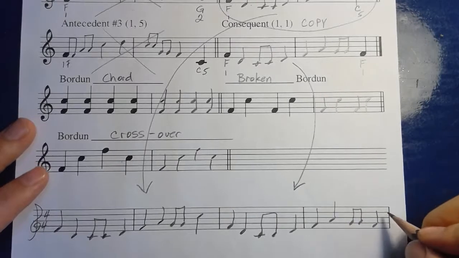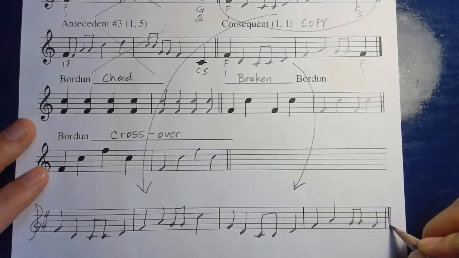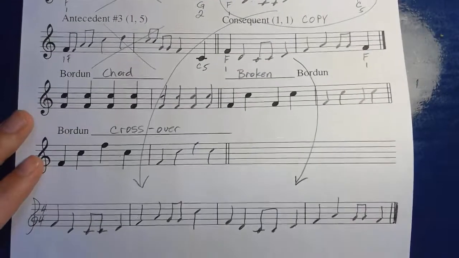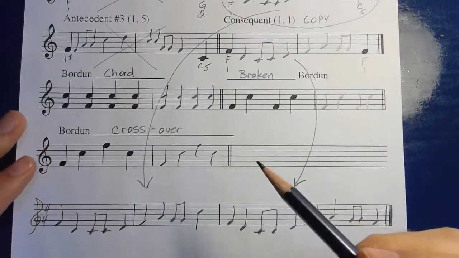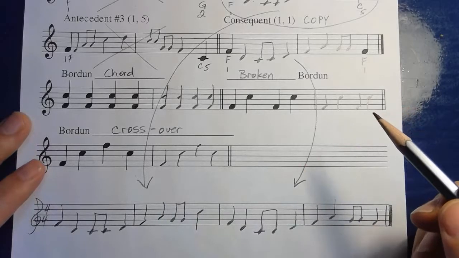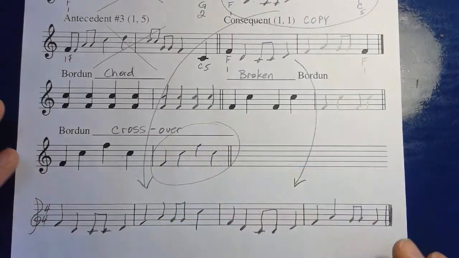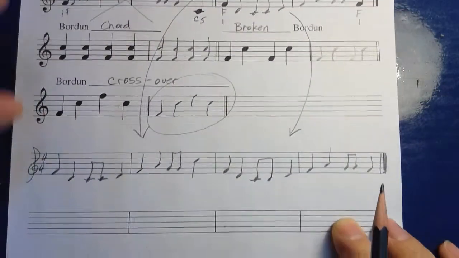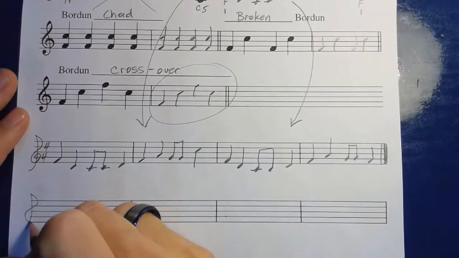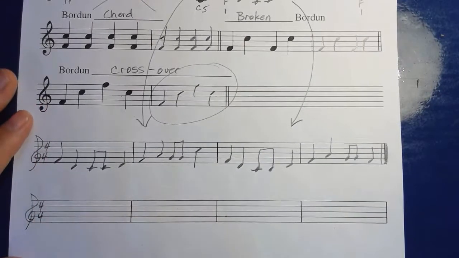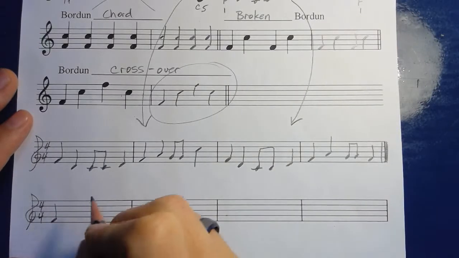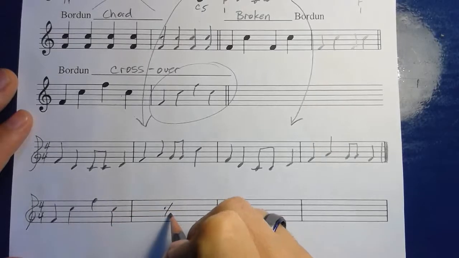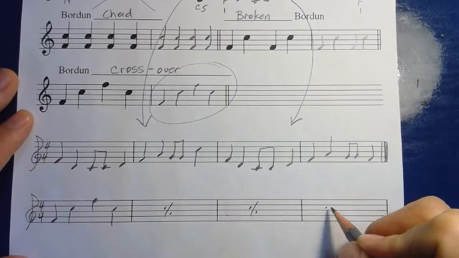When you finish, you need to write your double bar that says the end. And the final part of it is picking a Bourdon. I think I like the crossover Bourdon, and so that part of what I need to put on my music is I draw my treble clef, I draw my 4/4 time signature, I'm going to write my Bourdon pattern, and then I repeat, repeat, repeat